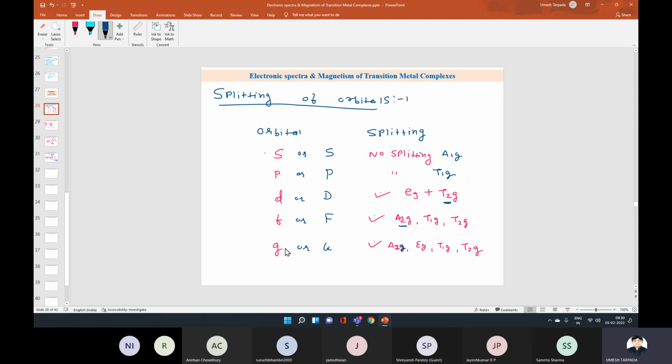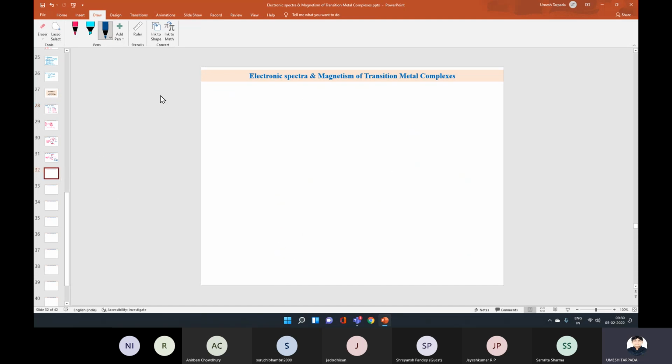So now, very important thing is how d orbital is splitted. Now we go for splitting of d orbital. So splitting of d orbital, 2S plus 1 multiplicity term for d1 and d6. चलो इनके लिए स्प्लिटिंग देखना है d1 and d6 के लिए।